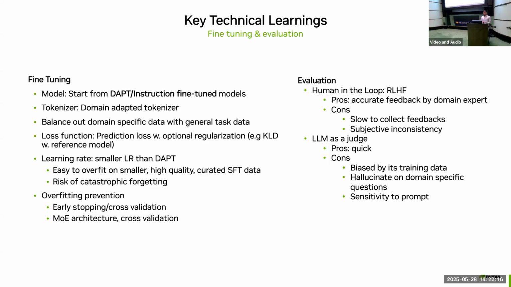important. From the evaluation stage, kind of similar to our data sets, you get the best evaluations by using a human in the loop. And so you get these really accurate domain specific feedback if you have someone available, but it's slow. And so we can also use an LLM as a judge, which is common, but again, our LLMs can sometimes hallucinate. They may not be as reliable and they're pretty sensitive to prompts. And so there's things to balance in the evaluation stage as well.